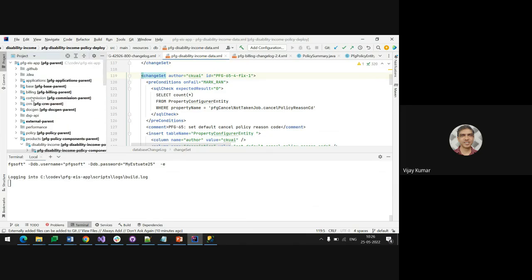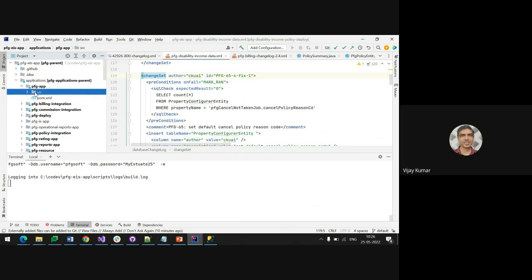But my application is currently in building application pfg app. So currently there is no target folder here. Once my application builds, it will create a target folder here, and under that target folder it will have that war file created for me. Correct. So that is the one thing it does,